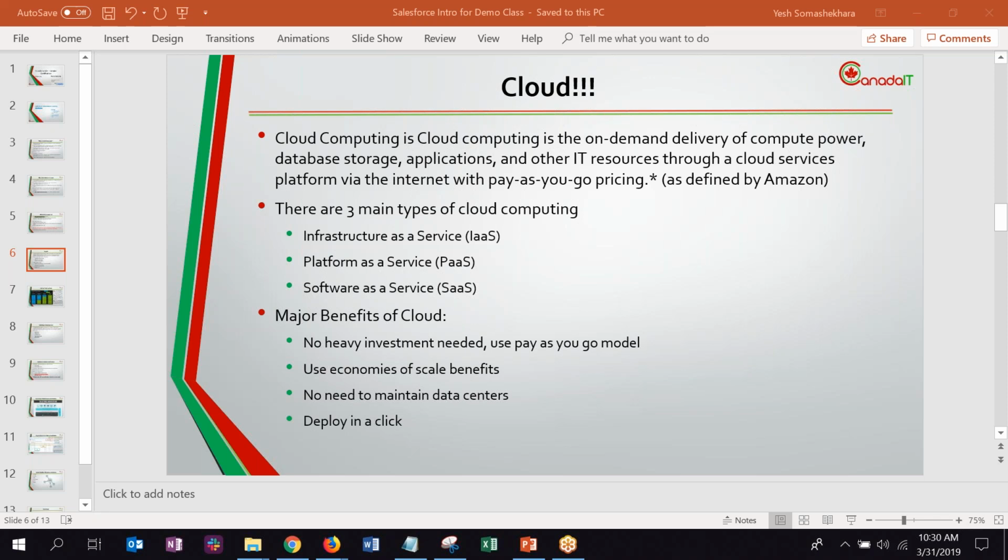And there's no need to maintain data centers. Data centers used to be these huge warehouses, I would say, as big as football fields, or even bigger than that, where they used to maintain servers and all those things. And a lot of companies hiring are not IT-based companies. They're not Facebook, Amazon. They are like TD Bank, RBI Bank, and all these places where IT is support for them. It's not the way for them to earn money. It's a way for them to support their ongoing business.